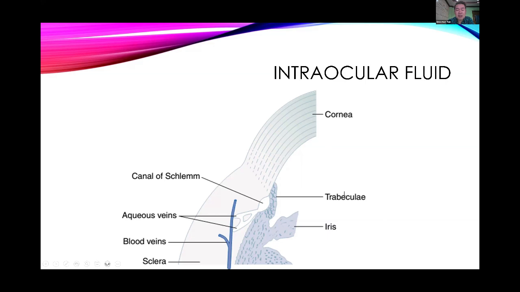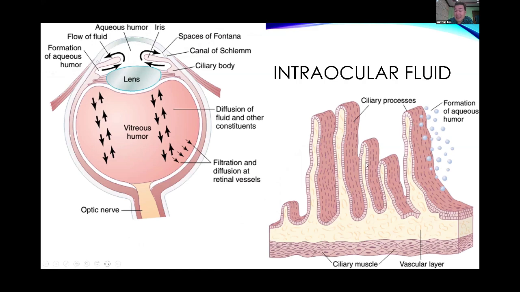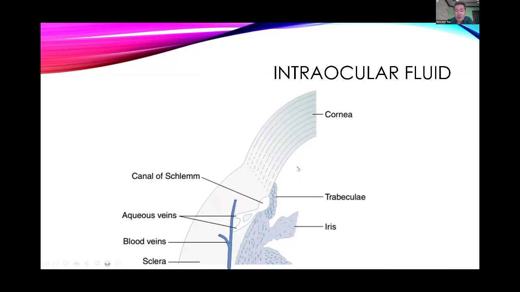Therefore, I'll ask you, production of your aqueous humor or the fluid of your eye would be from the ciliary processes. Drainage would be through the trabeculae, and they would drain to where? The canal of Schlemm. What did I tell you before in higher center about the cerebrospinal fluid? Anything produced should be drained. Because why? You want to achieve equilibrium. If we produce this amount of aqueous humor, this particular amount should be turned over and drained through the canal